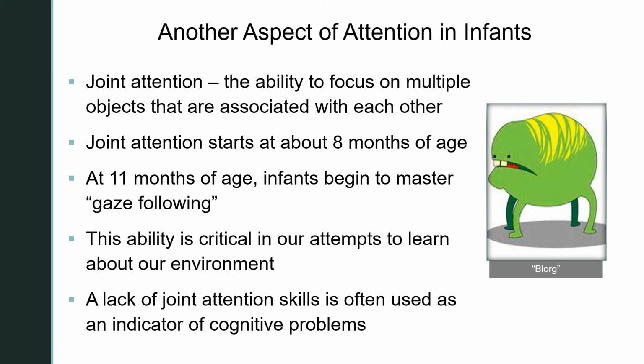But if a child was able to follow my gaze, which is kind of tough to do over this recording, but let's say a child was able to follow my gaze and watch me pointing at or looking at the stripes in the back of this animal, they could quickly deduce that Blorg related to those stripes. It could be a term for hair, it could be a term for something on the top of the animal, but at least they've narrowed down what Blorg could actually mean. And this is the intuitive value of gaze following.